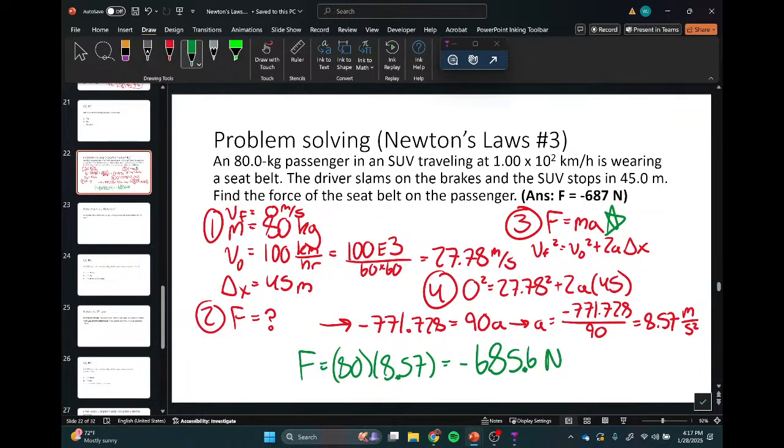Negative, what does negative mean? This is the last check and we'll be done. What is a negative vector? If this is in the horizontal direction, what does the negative mean in the left-right direction? That means you're going to the left. We assumed this car was going to the right. The force was to the left. That's why it slowed down. It all works. So there you go, y'all.